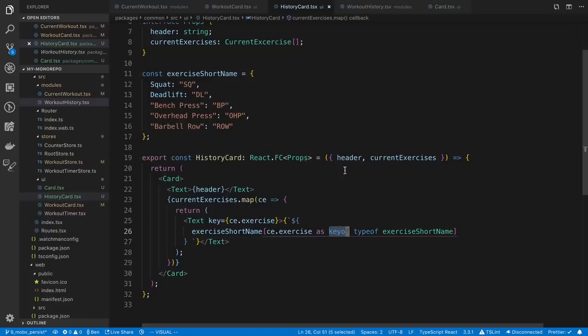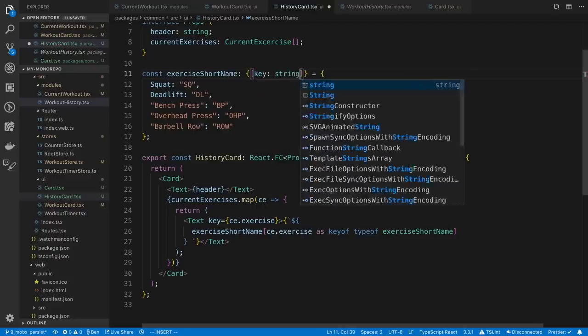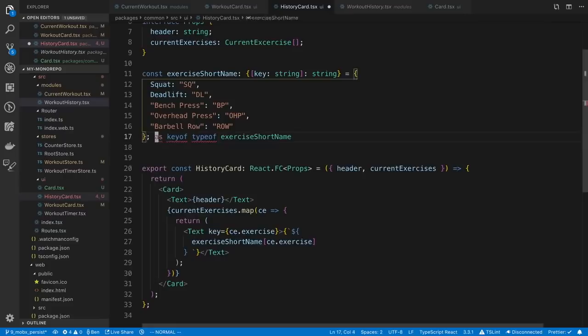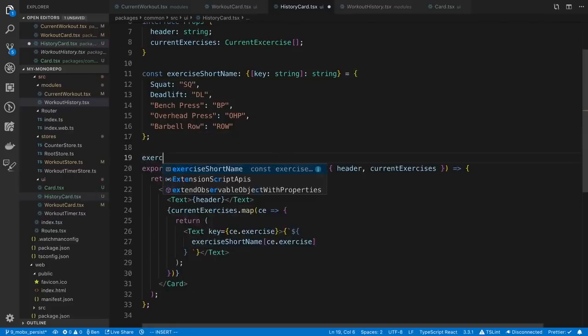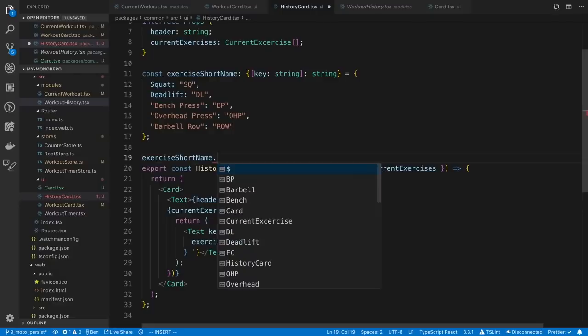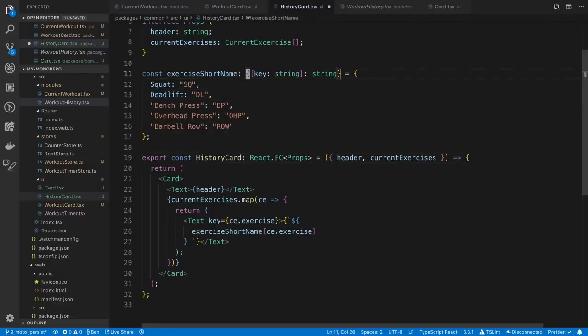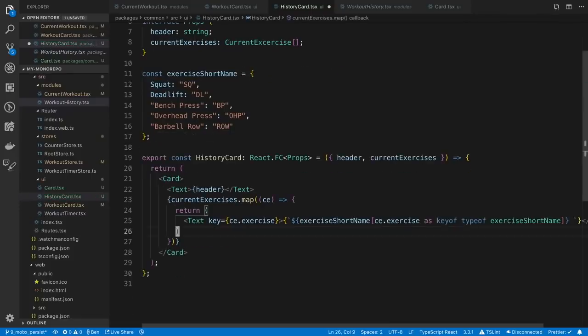grab one of these. Now the other thing I could do is instead say this is an object where the key is a string and it maps to a string, and then I wouldn't have to do that. So either one would work, but notice I'm going to lose the autocompletion. So if I were to say exercise short name dot, I can't do dot squat. It's not going to know that exists because I kind of removed that. I'm going to go with this approach because it types it the best,